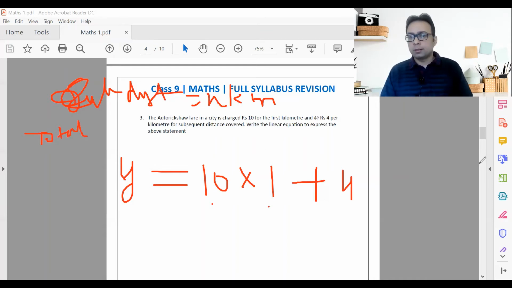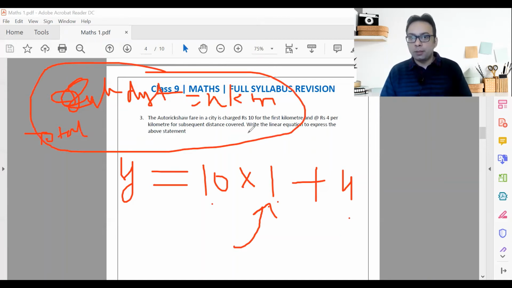Now what about how do we multiply this? Think if you are already being charged for the first kilometer already, that charge has already happened. Will you be charged for that 1 kilometer again? No, you will not. Why? Because you've already paid for that first kilometer. So now if you are traveling total distance as x kilometers, you will just pay for the remaining x minus 1 kilometers because 1 kilometer you have already paid.